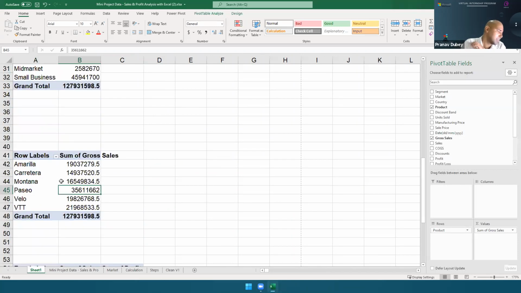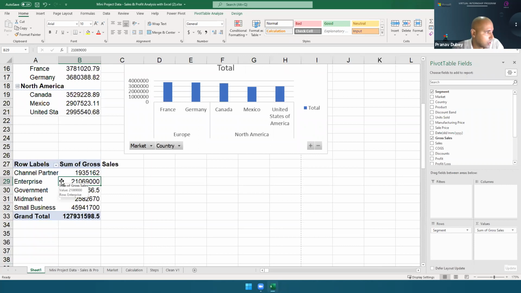Create the charts and then create the table and then create the visuals also. Give proper name.